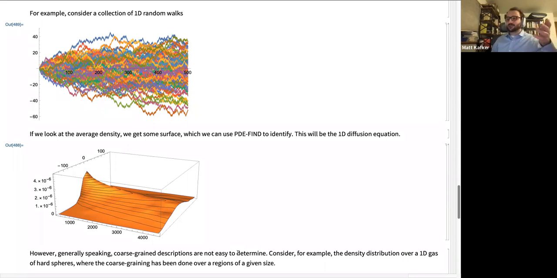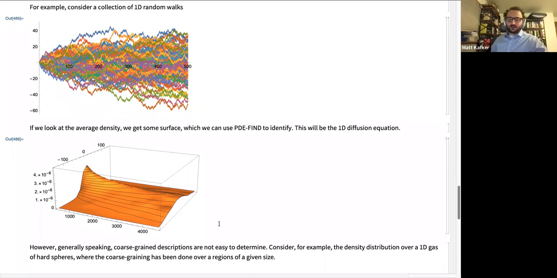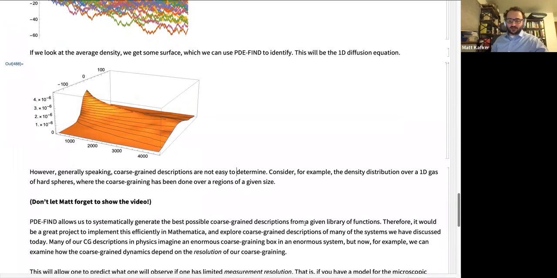And it's a crazy surface because we're looking at tens of particles and we're coarse graining over the scales of a small number of particles. So it's going to be crazy. And you can argue that that's not a good idea to do, and I might agree with you. But there's a more general point here, which is you can basically get the best possible coarse grain description if you construct your library carefully.